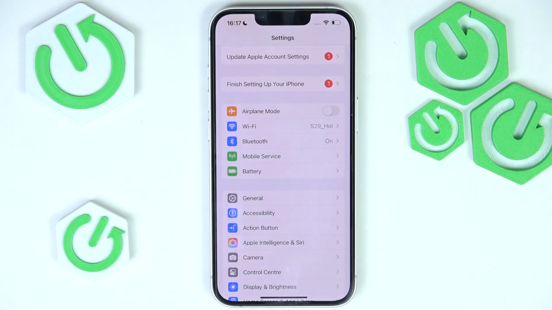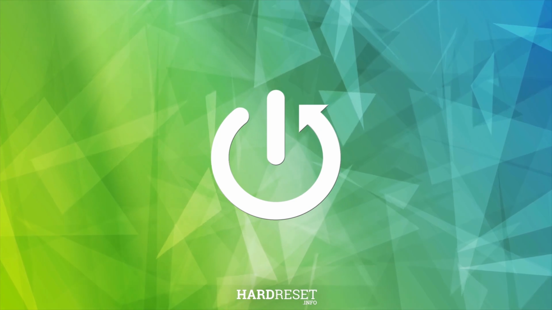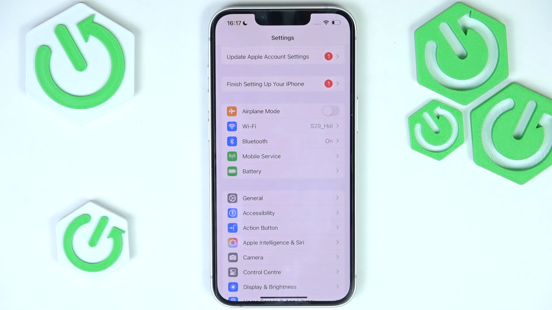Hello, in this video I'm gonna show you how to transfer data from your previous iPhone to your new iPhone 16e. In order to do it, you need to